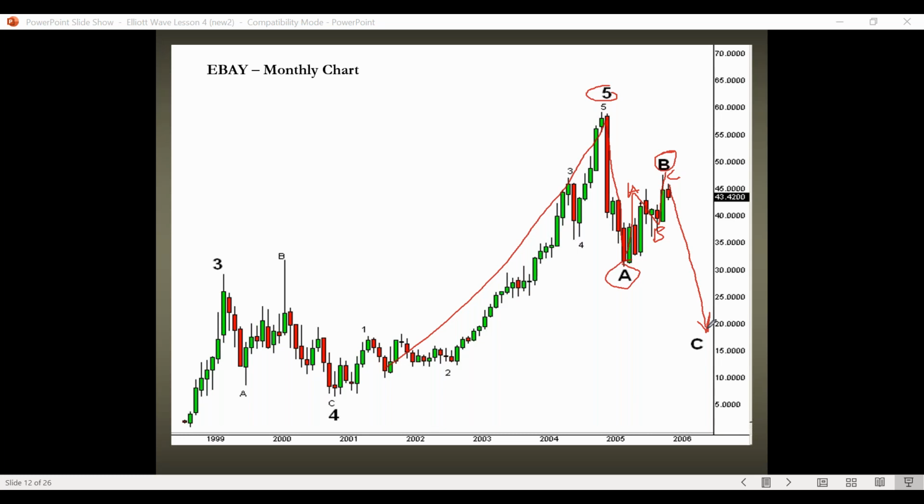Again, it doesn't mean the stock still couldn't go up in the near term, but doesn't that change your perspective a little? Now you say, well, boy, it might have one more move higher here. Instead of trying to catch that last little move, maybe I ought to wait for that move and buy a put or short the stock and try to trade this move down. Or you might decide just to stay away from this altogether for several months, because this is a monthly chart. It might take several months for this thing to drop in that wave C, and wait until it bottoms out in a few more months and then come back and try to buy it down here.